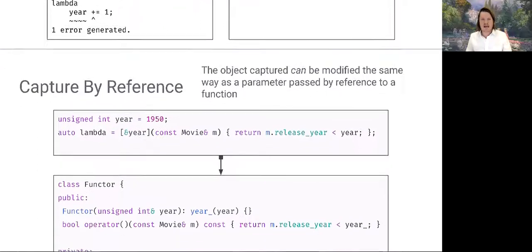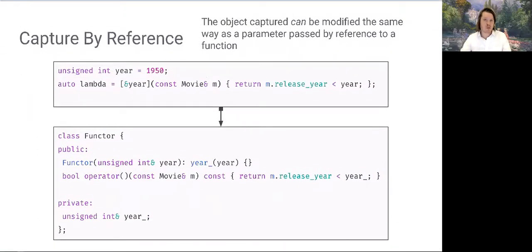Okay, cool. Now I want to just talk briefly about capturing by reference. The object captured can be modified the same way as a parameter passed by reference to a function. So that's the same setup here. We have an unsigned integer object year, initialized with the value 1950. And then we have our Lambda expression. Notice what's different here is that in the closure clause, we see an ampersand by year. This communicates that this object is going to be captured by reference, which means when you write this,